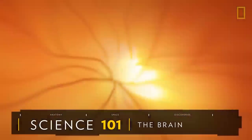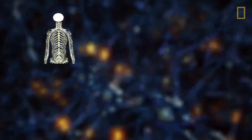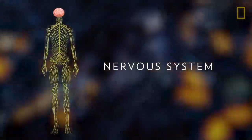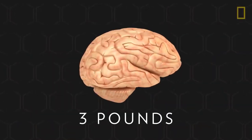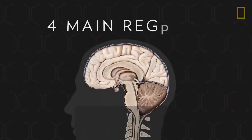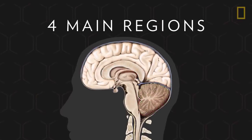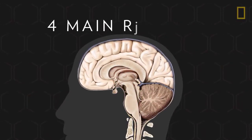The brain is the most complex organ in the human body. As part of the nervous system, the brain coordinates all of the body's functions. In adult humans, the brain is a 3-pound gelatinous mass of fat and protein. It's comprised of 4 main regions: the cerebrum, the cerebellum, the brainstem, and the diencephalon, and each one controls specific